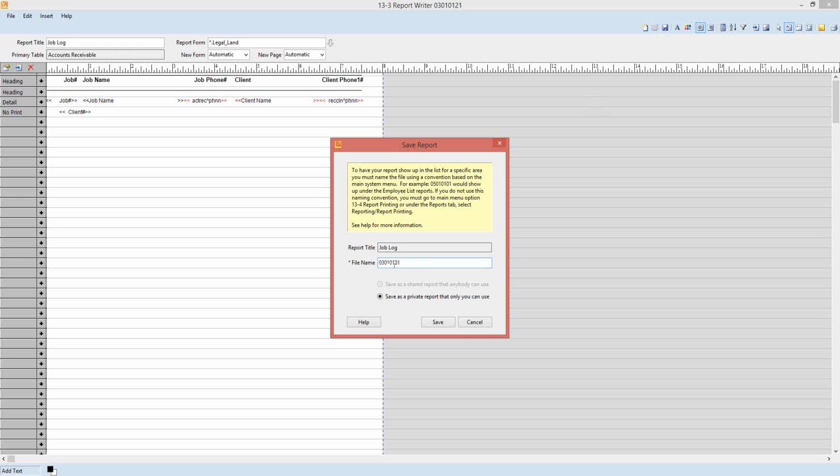So anything below number 21 is the number you want to give it. You want to keep the number. That's the menu number the report will pull up in. Something else is difficult to do in the wizard. I'm just going to backspace over the last two numbers and put in the number I want to save it